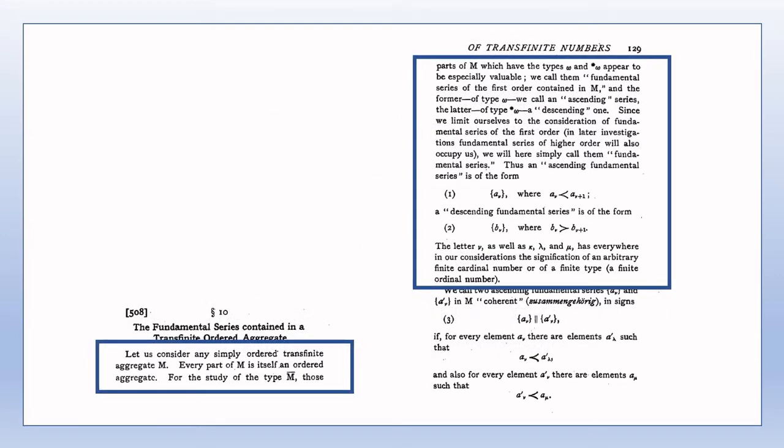On page 129 we see the definitions of ascending and descending fundamental series. These present no difficulties. The notation star alpha is introduced in section 7. The type star omega was used in section 7 as well. Note that fundamental series in M are effectively partial aggregates of M, which inherit the simple ordering defined on M. Hence the notation used to represent a fundamental series clearly resembles the notation used to represent aggregates, introduced in